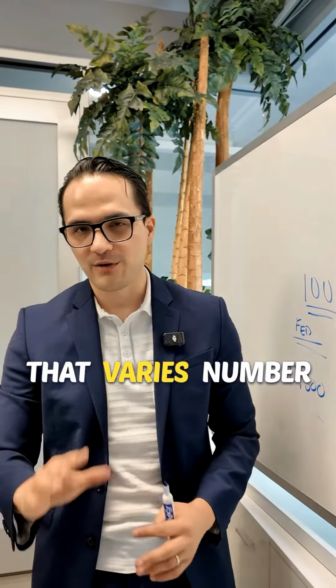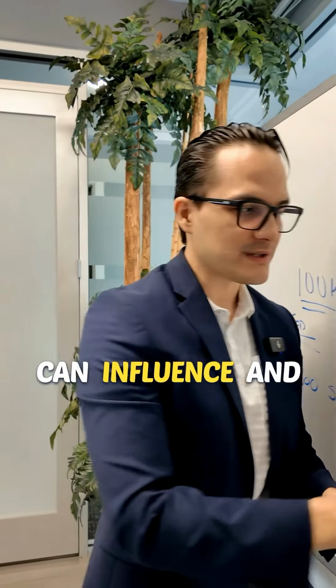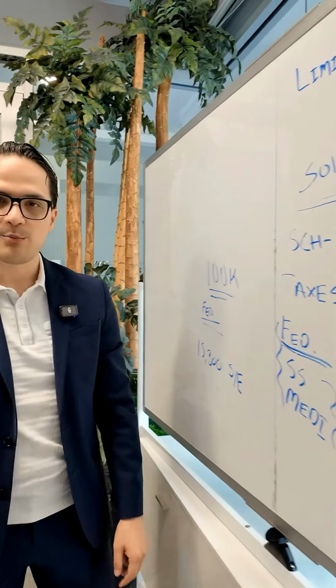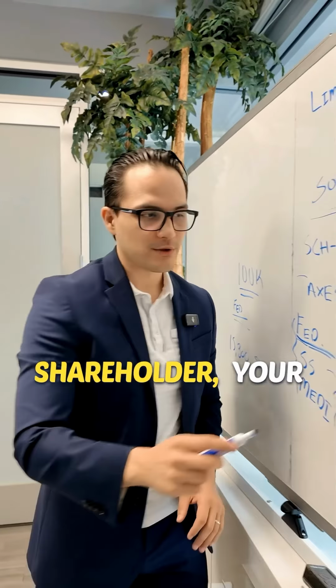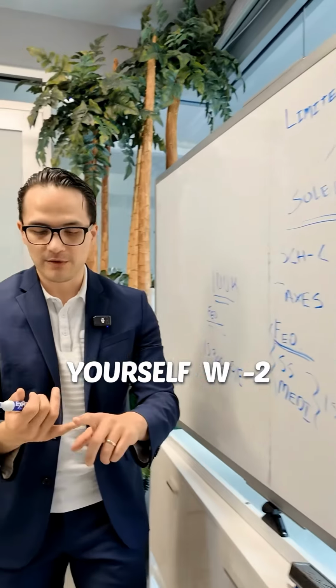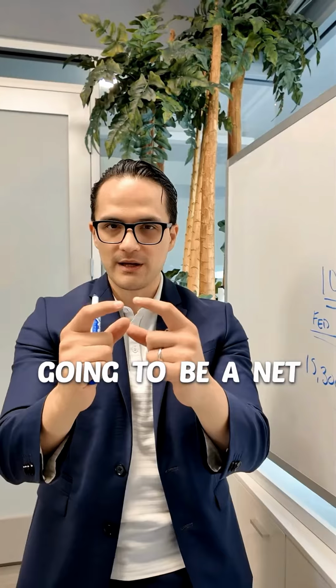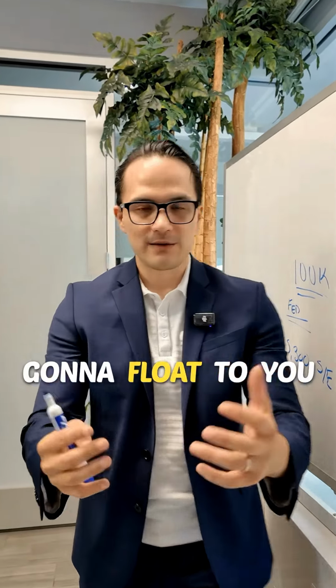And that varies, number of years of experience, total revenues, total profit. It's a lot of factors that can influence this. And in your W-2 wages, of course, you're going to pay all these three taxes. But here's the amazing part, is that also as a shareholder, your company is going to make some profits, right? After paying yourself W-2 wages, after paying other agents, after paying your office, after paying everything, there's going to be a net amount, a net profit. And that net profit is going to flow to you